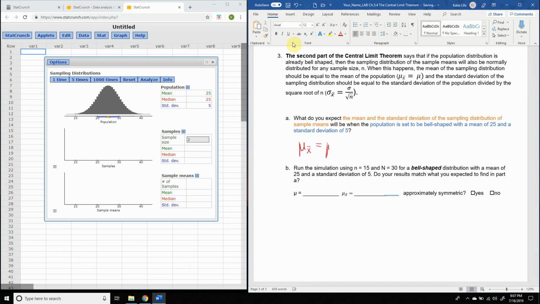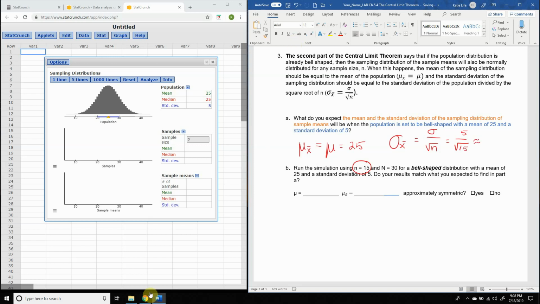Should be equal to mu, which is 25, and sigma sub x bar, the standard deviation of the sampling distribution, should be sigma divided by the square root of n, which in this case, sigma is 5, and the square root of n, we're taking samples of size 15. And I'm getting that from part B. I'm kind of looking ahead there. So if I'm doing 5 divided by the square root of 15,